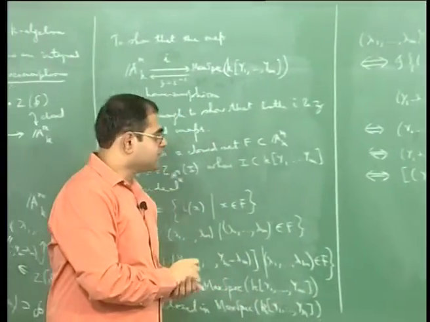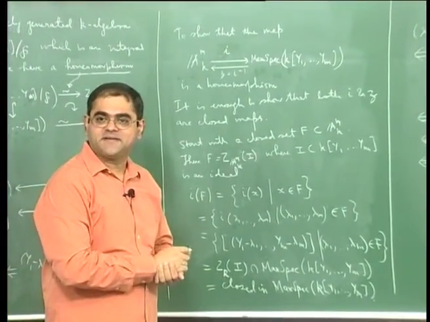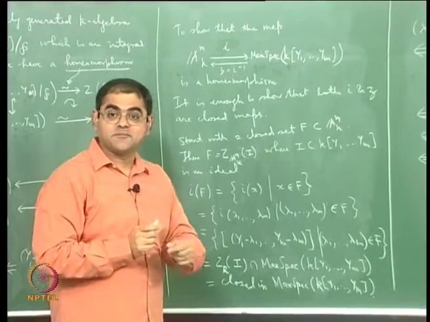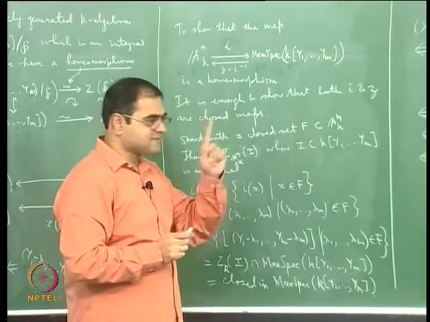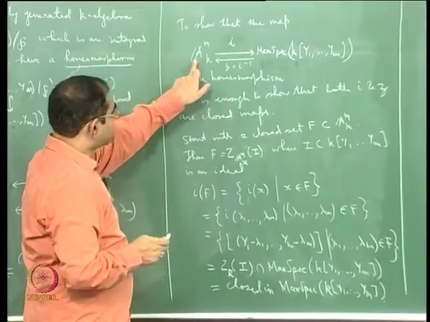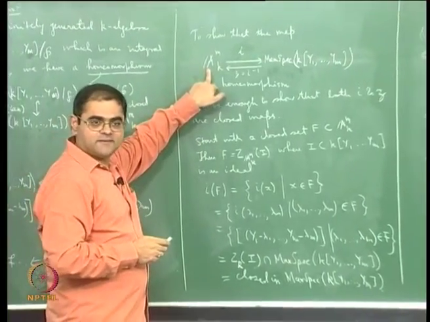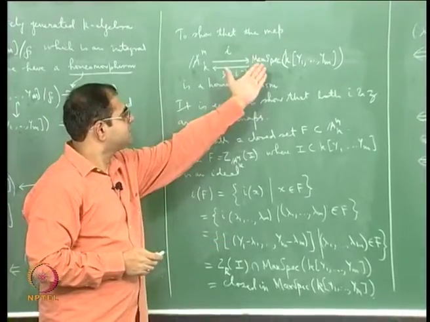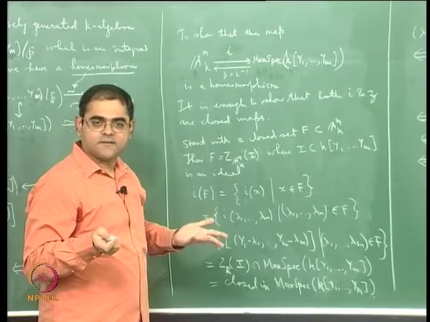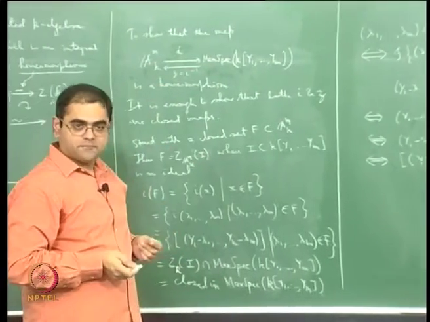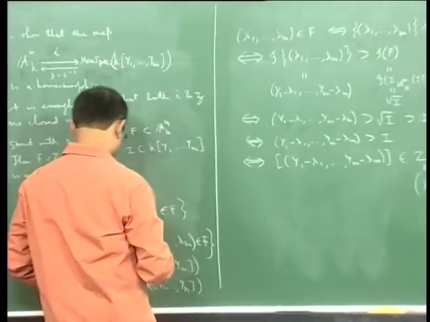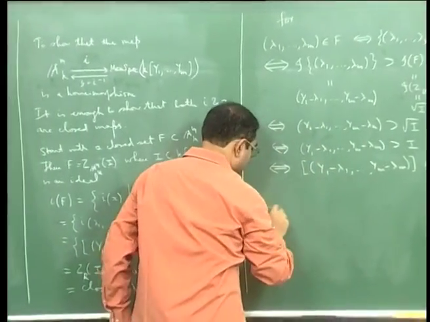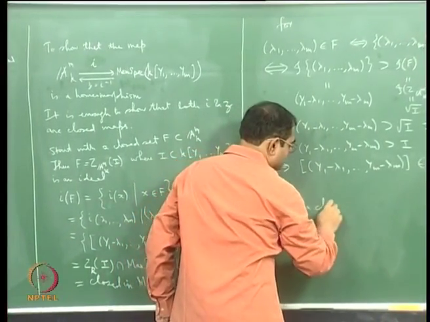So the zero sets are being considered in different Zariski topologies. One is the Zariski topology on the affine space, the other is the Zariski topology on this prime spectrum. But the beautiful thing is it's the same ideal. You start with a closed set here that is given by an ideal. It's the same ideal that comes on that side when you take its image. That makes that image a closed set. It's the same ideal literally. So that tells you that I is a closed map. This is the reason for that last equality. So this implies that I is a closed map,